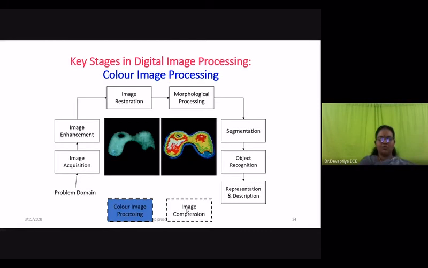Then the color image processing. As I have said, usually in all image processing concepts, the images are processed only in grayscale. Very rarely, in very few applications, we need to work with the color image also. Why we are not going for the color image is, one important thing, it needs 3 matrices which represent RGB or CYM or HSI. So the size of the matrix will be three times.